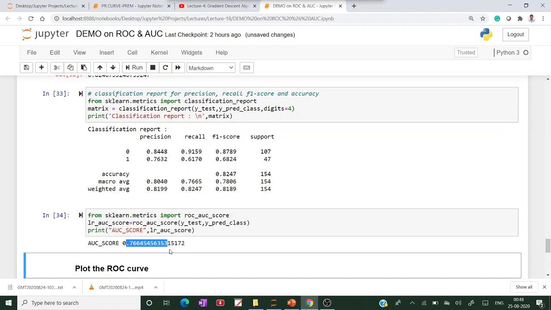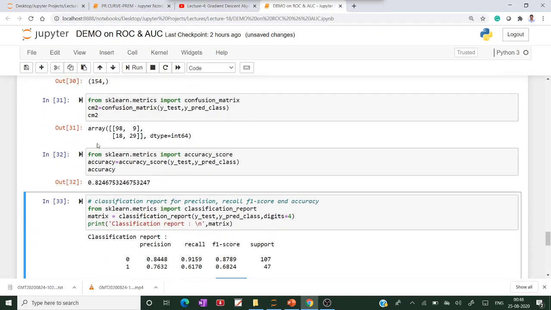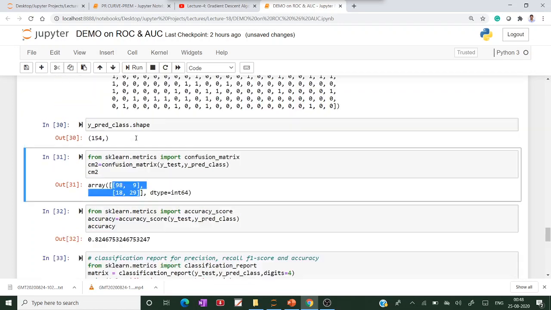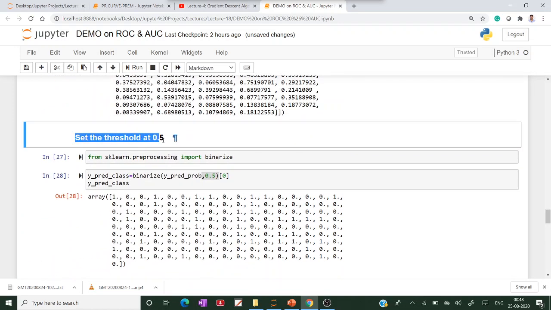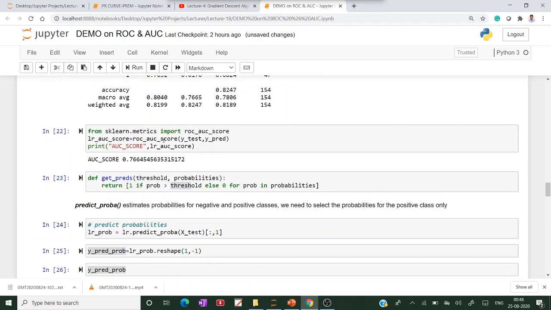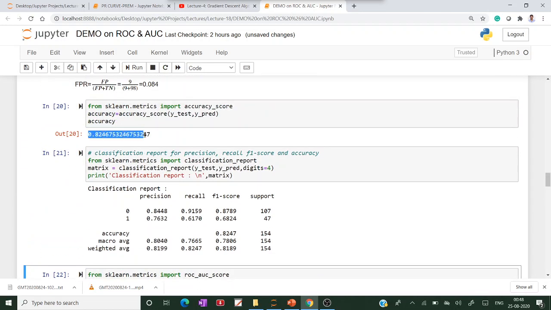If you see here, the AUC score is 0.76, accuracy is 0.82, and the confusion matrix is 98, 9, 18, 29. These are the values when we set the threshold value manually to 0.5, and this is the AUC score by default.